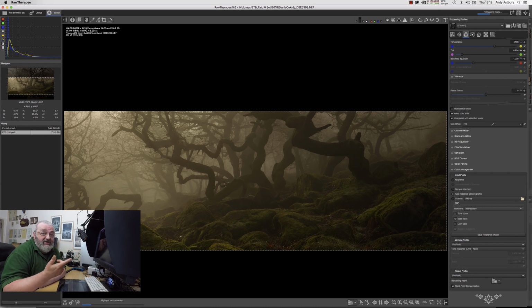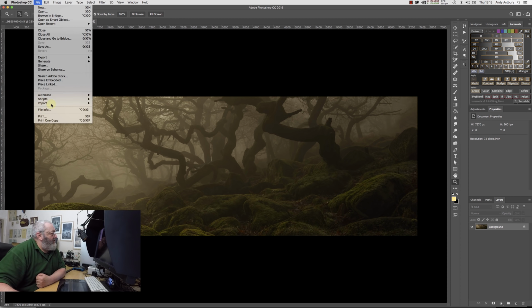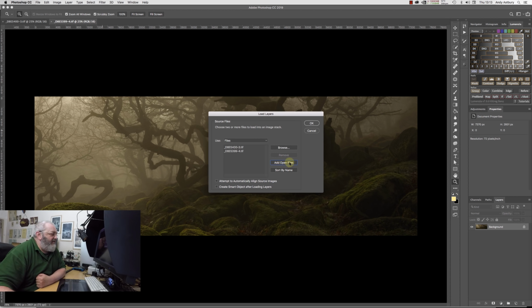Admittedly, we could have processed both images and put them in the processing queue, but then that's sort of saving them, and I just want to go straight into the editor. And there we go. So we might want to load these two files into a stack. Now, yes, we can just drag and drop them with the Shift key held down to centralize them, or we can go to File, Scripts, Load Files into Stack, Add Open Files. Don't bother attempting to